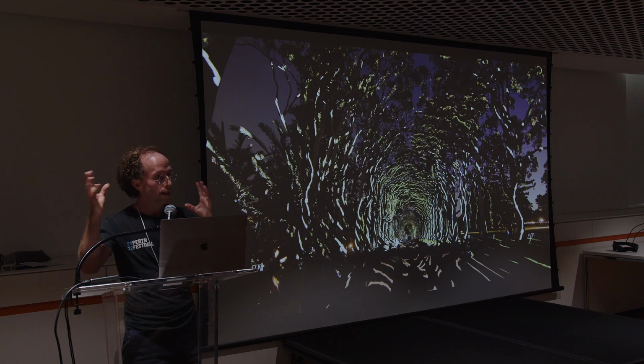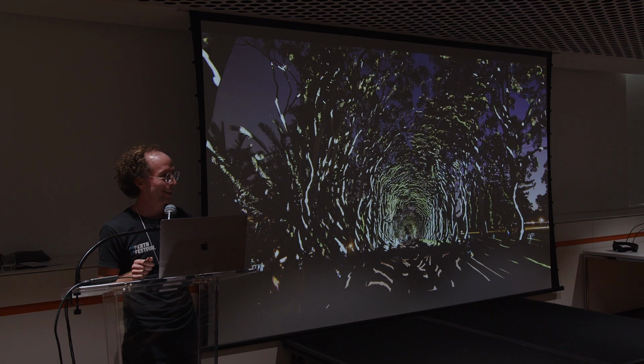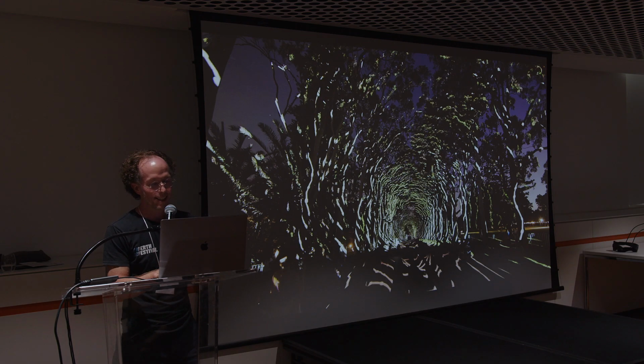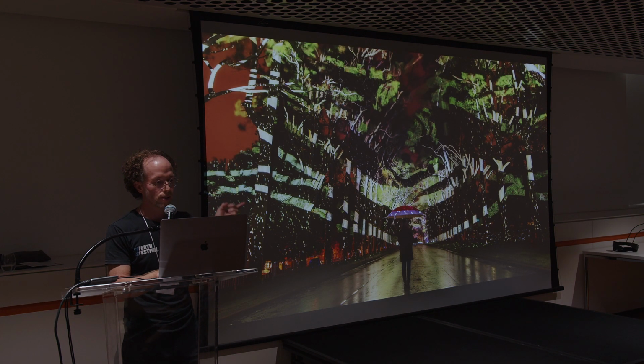And then, of course, the weather came in and affected everything. And in 2017, that weather was apparently the biggest downpour in 100 years. And it was very nearly cancelled. This image here is actually shot on one of those wet nights in February. And there were some big branches that came down, which was the main concern.